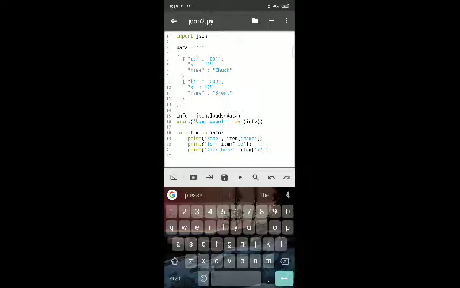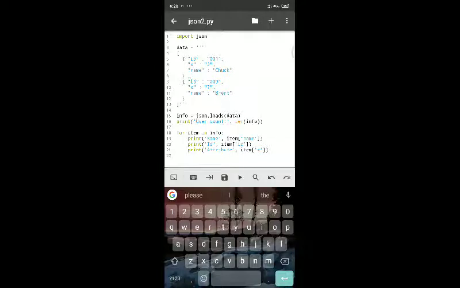Now how do we retrieve this entire user information? You can see info equal to json.loads of data, so once again we load that data using the loads function. Print user count: length of info gives you how many dictionaries are in the single list, that is, how many elements are in the list. Totally there are 2 elements. Now we trace each element one by one with for item in info.